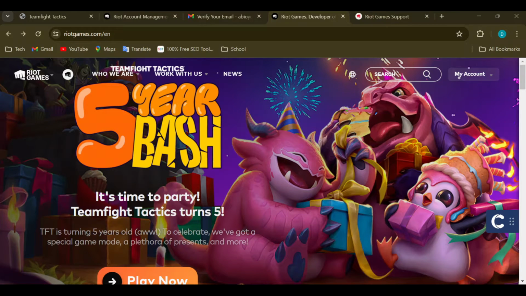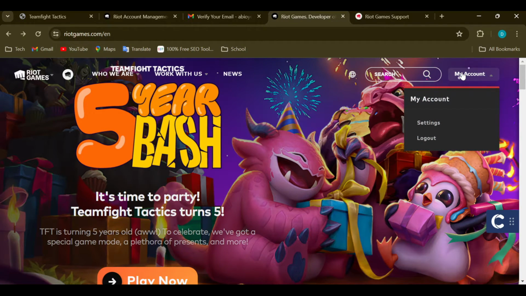The first step is to log in into your Riot Games account, just like I have done here. And then once you're logged in, you'll be brought to the home page automatically, alright? And then on this page, the next thing to do is to move to the top right corner and click on the My Account option that you can see there. In the drop down menu that will appear, click on Settings, and then you'll be taken to your account management